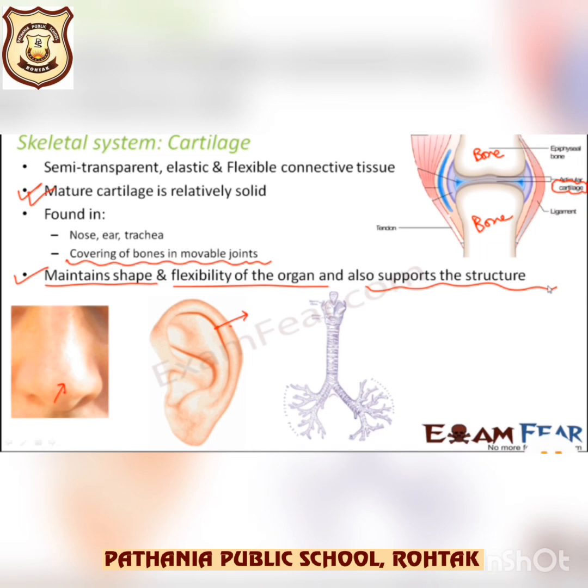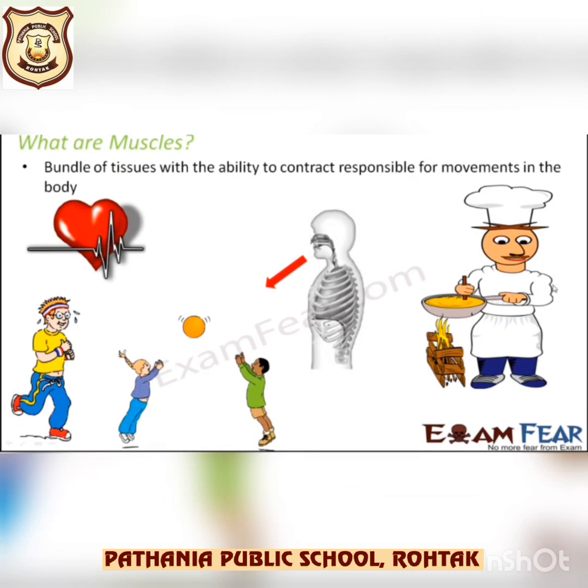Okay. So next topic is muscles. Muscle contraction moves bones at joints, right? So what is muscle? Muscle is the fibrous tissue in the body that has the ability to contract. When a muscle contracts, it shortens, means it becomes smaller. Muscles are attached to the bones of our skeleton. So when the muscle attached to a bone contracts, it pulls the bone, due to which the bone moves at the joint.